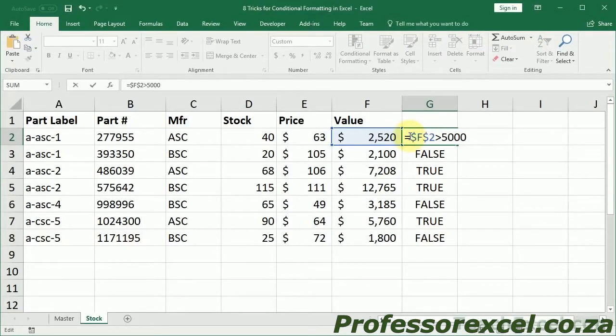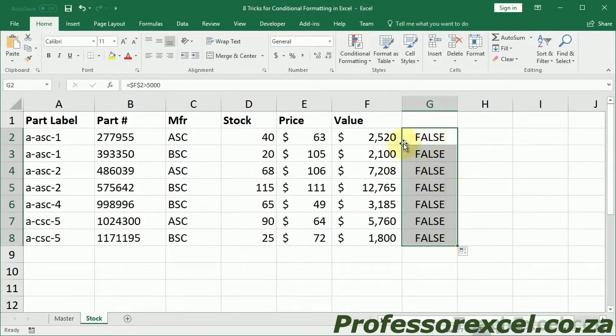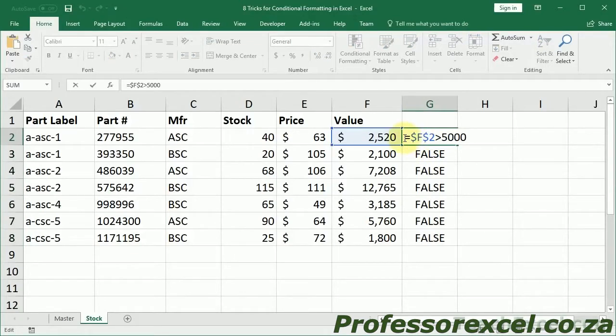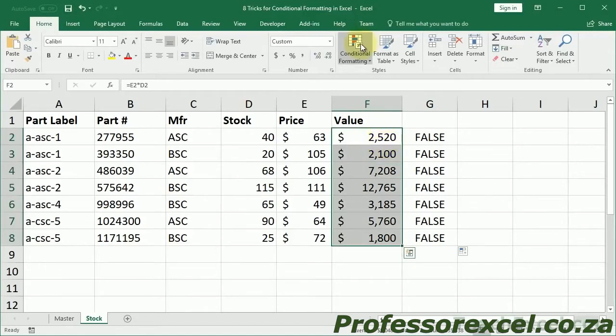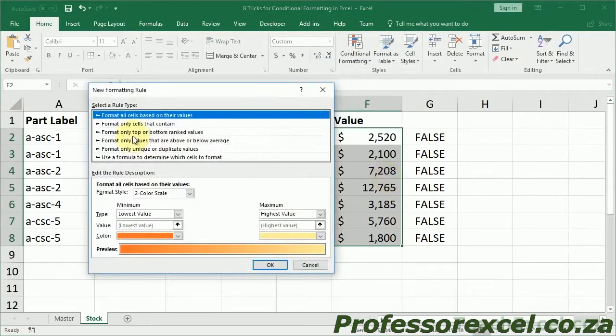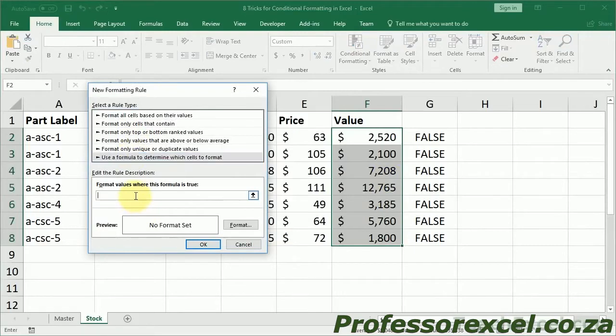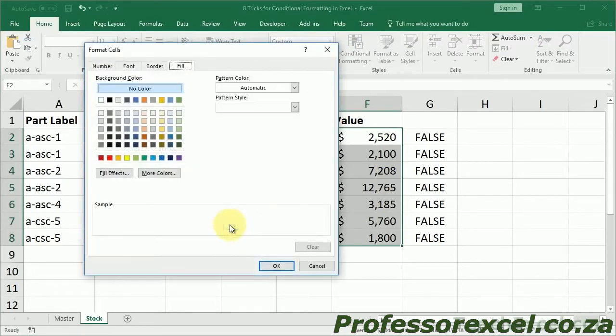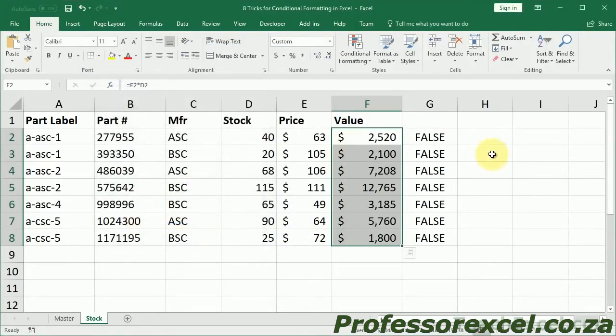Now let's say I have dollar signs here. When I copy it down, you can see everything becomes false. Just like if I copy and paste this into the conditional formatting. New rule, formula, copy, paste, format, orange, okay, okay. Nothing happens. This is the number one issue with applying conditional formatting across ranges, cells, rows, columns, everything, is that people